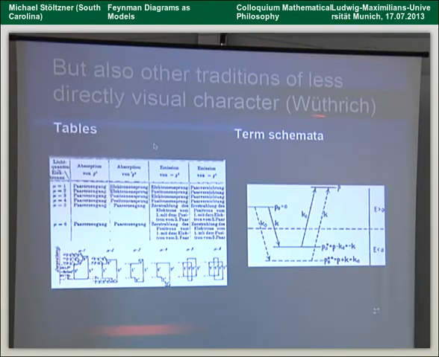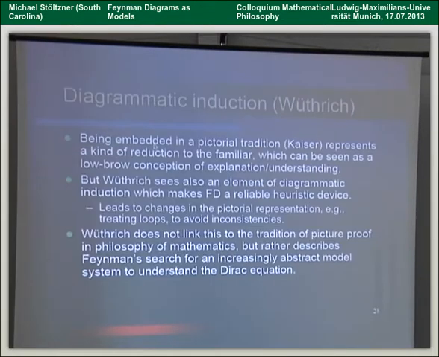But there are also other traditions, and Wüthrich points to them. This is before the Feynman diagrams. Yeah, people start with lists, they draw some connections, they use the quantum mechanical term schemata games for that. So there are also other pictorial traditions, which you can see in the Wüthrich book, that's also before Feynman diagrams. And Wüthrich, I think, rightly says, well, look, it's not just embedded in a tradition, that's sort of ex post justification, that's fine why it's disseminating.